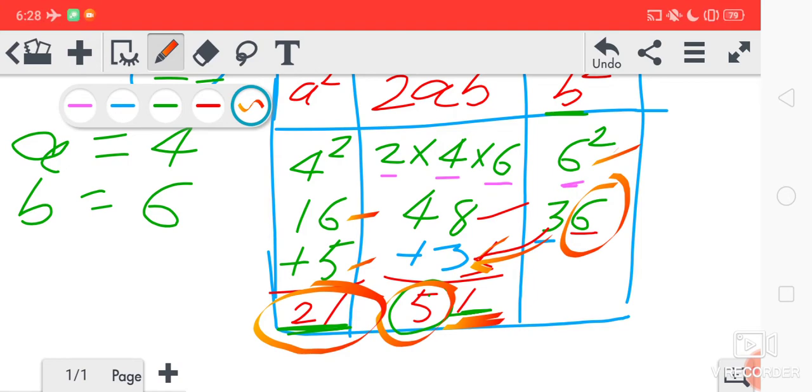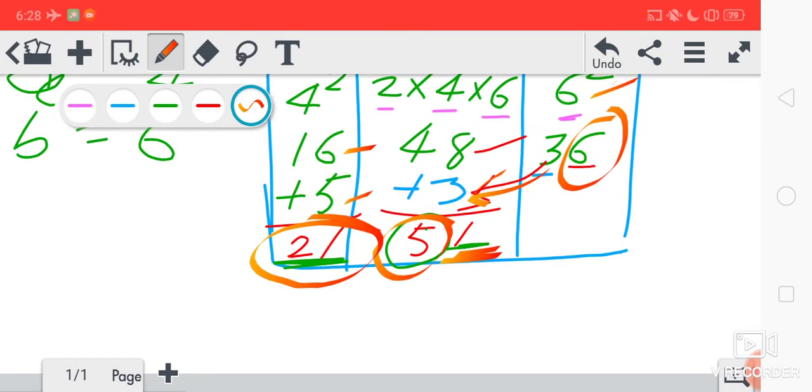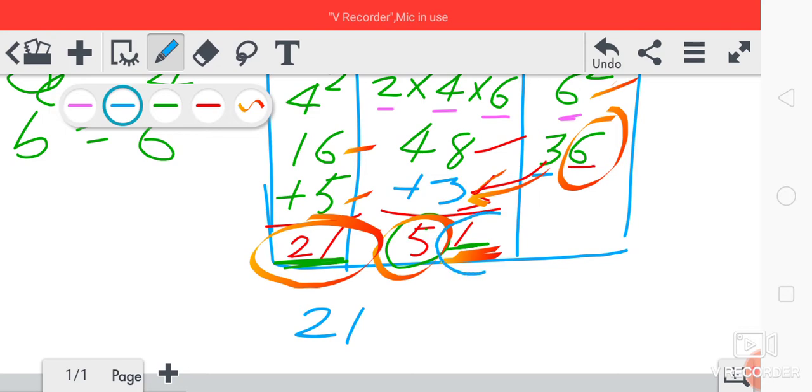Okay, so now what we have to do here? Underlined 1 we have to write down. So what is underlined here? I told you in the last both the digits will be underlined. So 21. What is the underlined part here? Last digit I told you to underline, so 1 is underlined here, so we'll get 1 here. Then here the last digit is underlined, the last digit will be written here. Okay, so this is your answer.